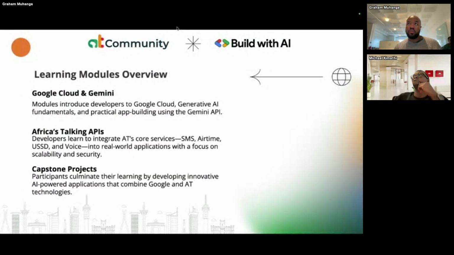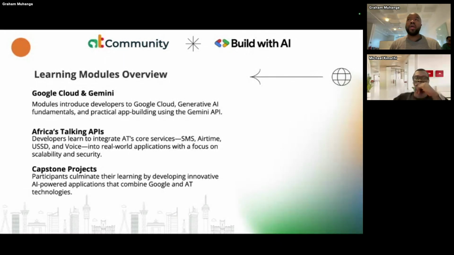All right. So the final slide, I think I'll share the slide there, is the learning modules you can expect from us. We have a packed Google and Gemini series, and you're going to use these modules, these tools from Google, to integrate with the AI core services. We're also going to show you especially how you can use the APIs from Gemini on the Google platform. And then you're going to culminate with your capstone project.